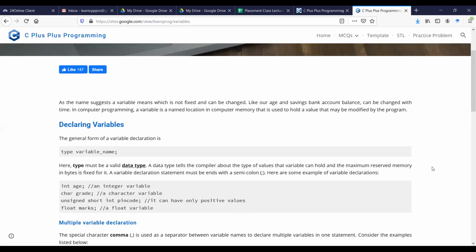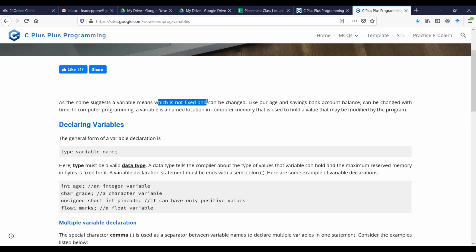Okay, so if we just look at the word variable, a variable means something which is not fixed, whose value can be changed. Take an example: today, suppose your age is 22 or 21. Next year, your age is going to be incremented by 1.